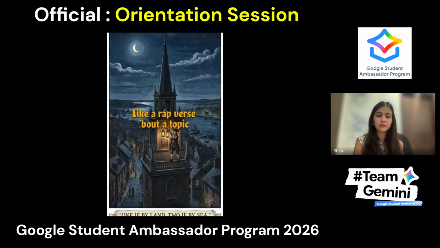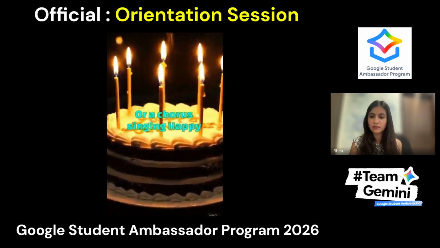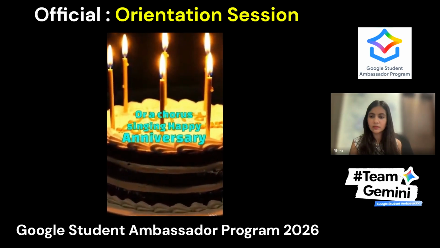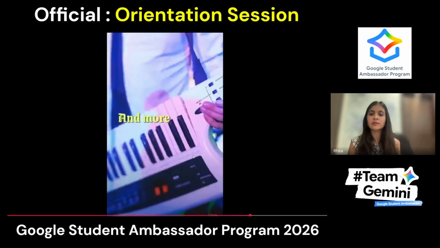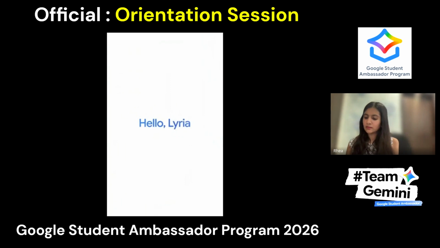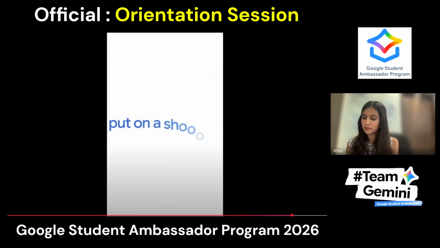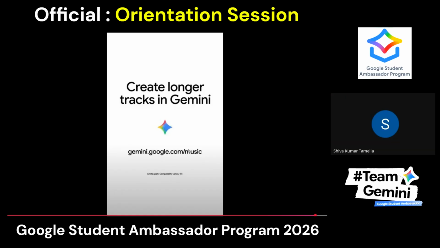Like a rap verse about a topic in history, or a chorus singing happy anniversary. that's more time for the bridge to swell, and more ways to be creative as hello. Lyria 3 Pro, together let's put on a show. By the way,